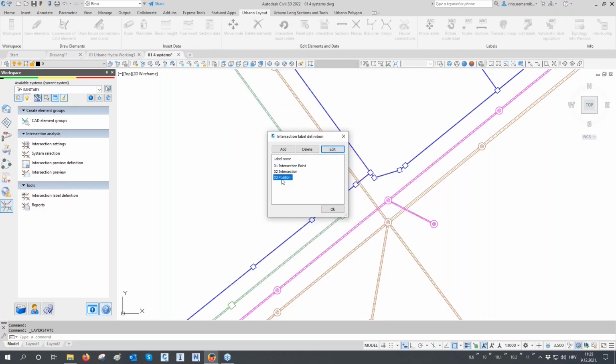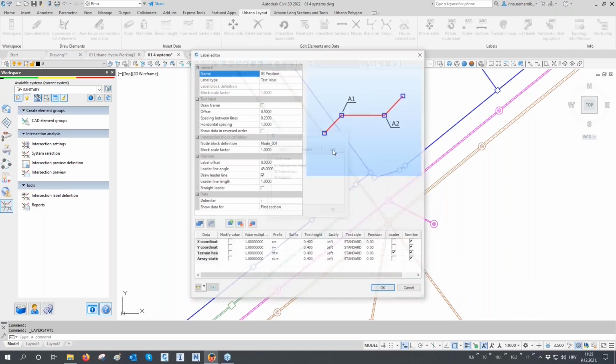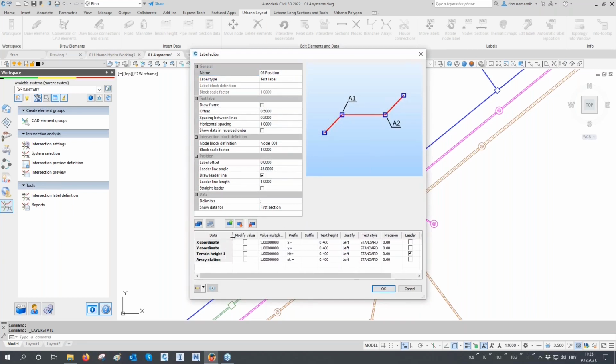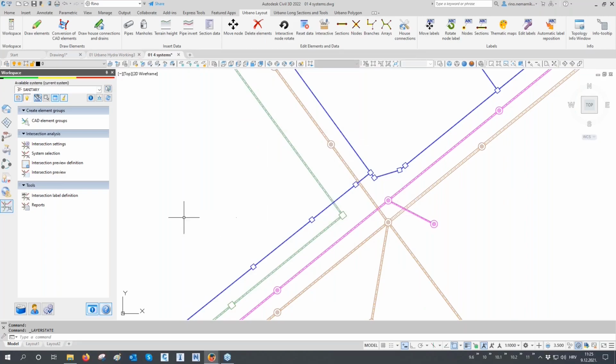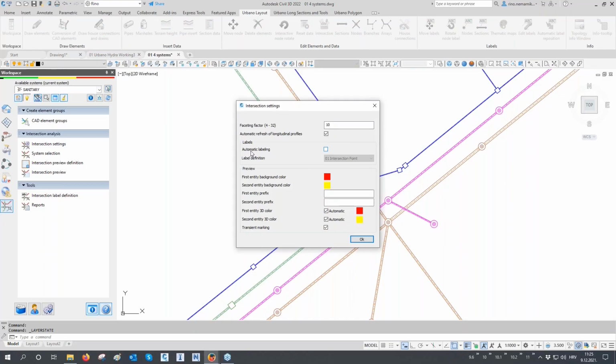Or for example, another configuration, here I see different data, for example, coordinates of the crossing in plan, terrain height, and array station. To apply the labels, we can go to intersection settings, and basically here you can just turn on automatic labeling